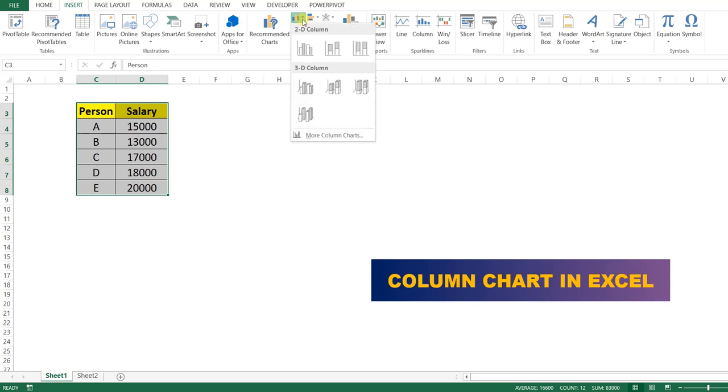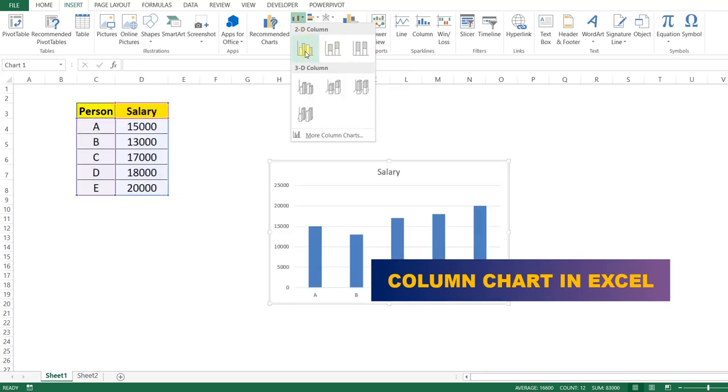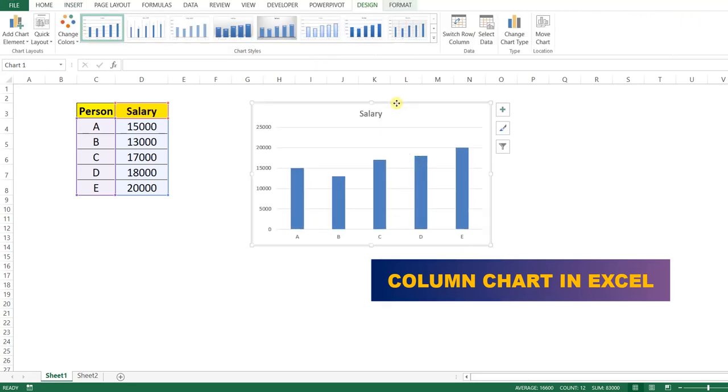button, and here again we will see further options like 2D column or 3D column. So we can also create the chart in 2D type or 3D type. Based upon our choice we can select any of the type in this. So here in this video we will select this 2D column and the name of this chart is cluster column. Okay, so just click on this. We can see that column chart is now available for the data which we have already selected.